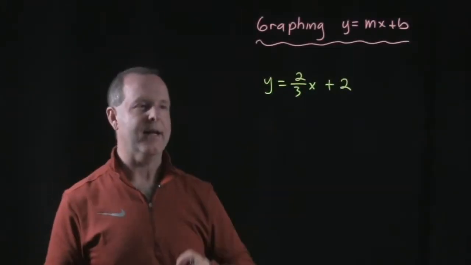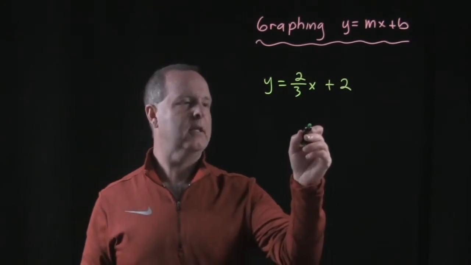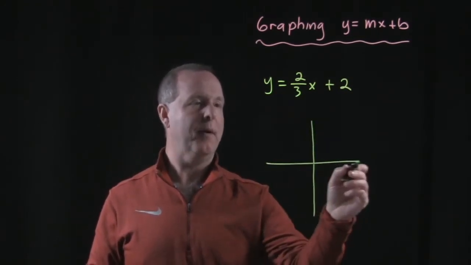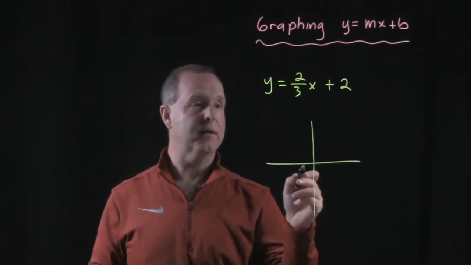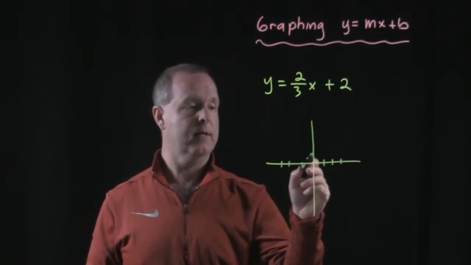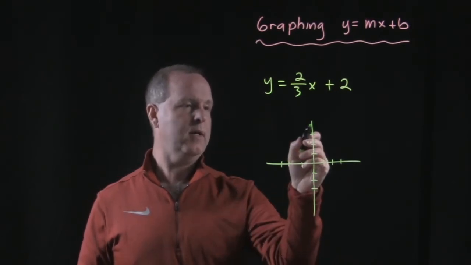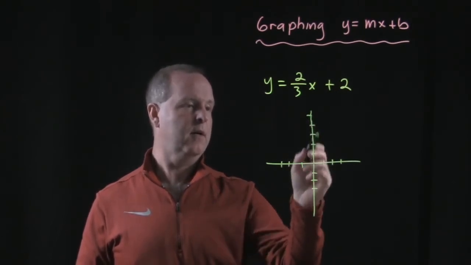Another example, y equals 2/3 x plus 2. How can we graph that? By looking at its slope-intercept form. It's already in slope-intercept form, so that's useful. So I'm just going to go ahead and go straight to the grid. All right, we know, I've got to go up a little bit farther. We know,